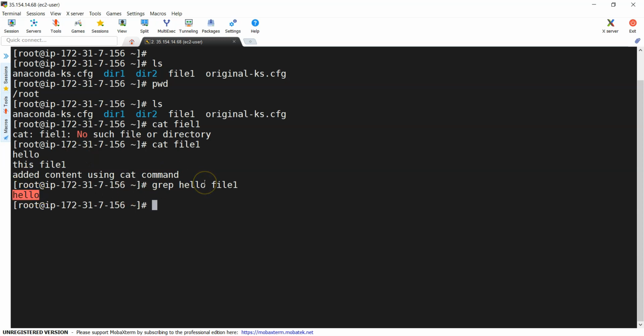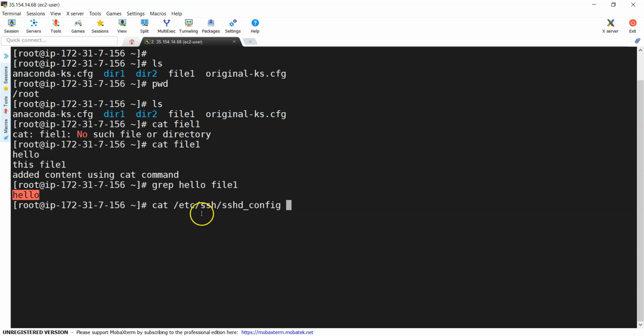If it is found in multiple locations, then it is going to display all the lines wherever it finds the hello. To see a more relevant example for this grep, I'm going to use one of the operating system files. We have a file called cat /etc/ssh/sshd_config.